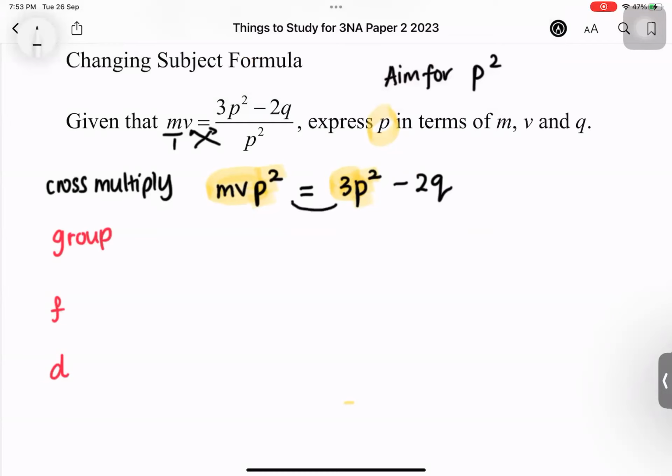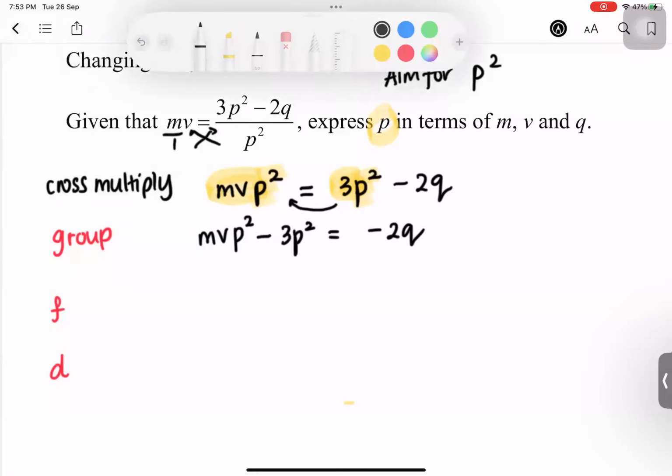I'll just shift this over to make it easier. So it's mp squared, keep the whole thing, not just p. Minus, you bring it over. This is addition, I undo, I subtract. So 3p squared, equal sign still stays in the middle, negative 2q. Next one, F for